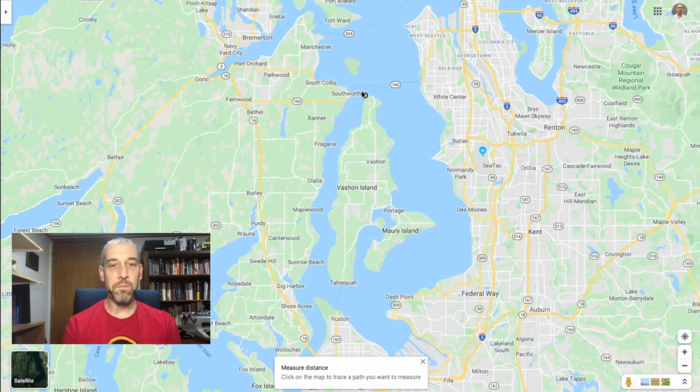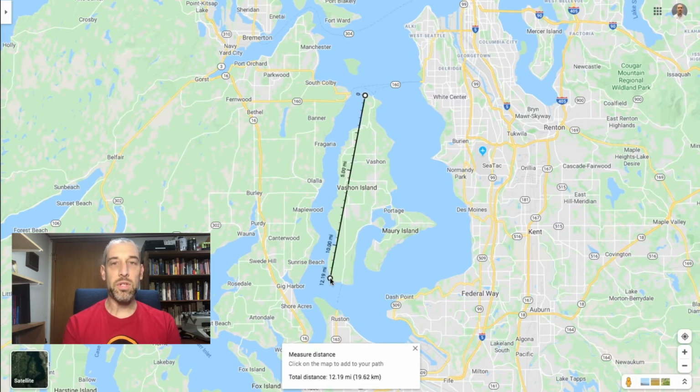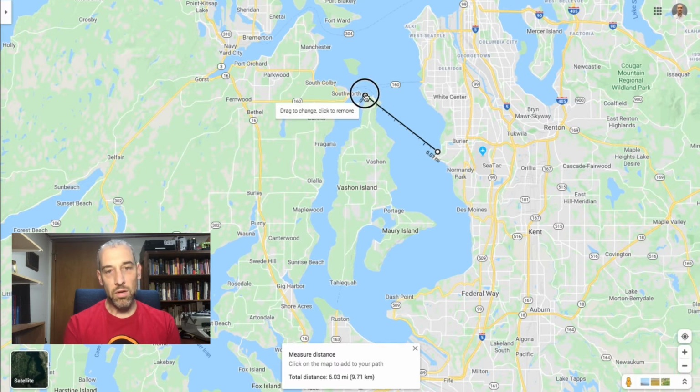And you'll see this black and white dot here is our starting point, because that's where we right-clicked on the map. Now, if you want to just measure the distance between 2 points, just left-click somewhere, it doesn't matter where, and immediately it'll show you the distance between those 2 points. Now, if you left-click and drag, you can move this around to any other location that you want. Maybe you want to see the distance between these 2 points,